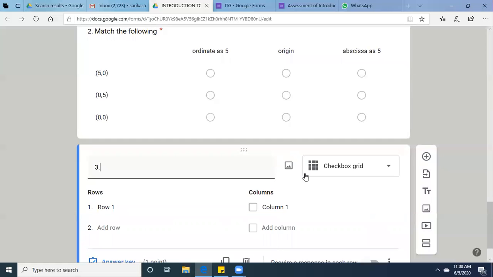For example, if I type "tick the relevant box". Fine.